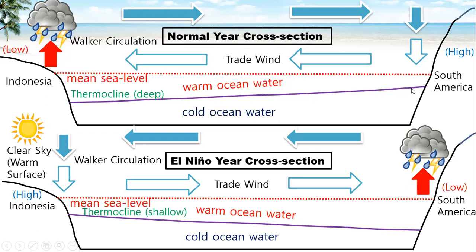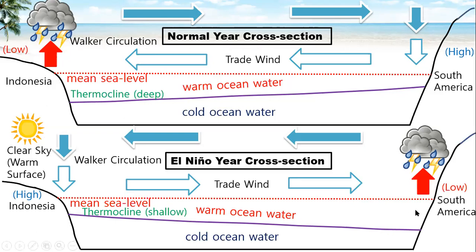Because of this, in South America, they used to go to the sea to catch fish because of upwelling during a normal year. But in El Nino years, in South America, it is not easy for fishermen to find fish in the ocean because